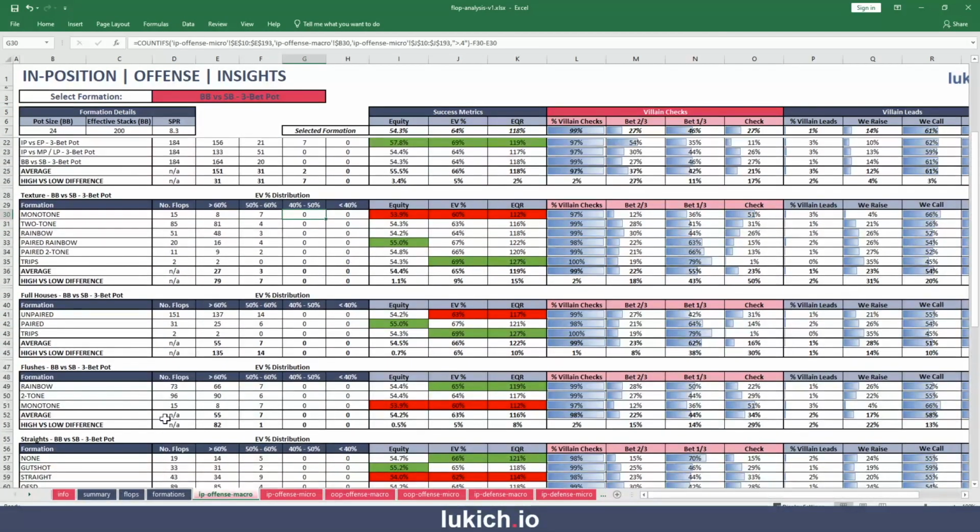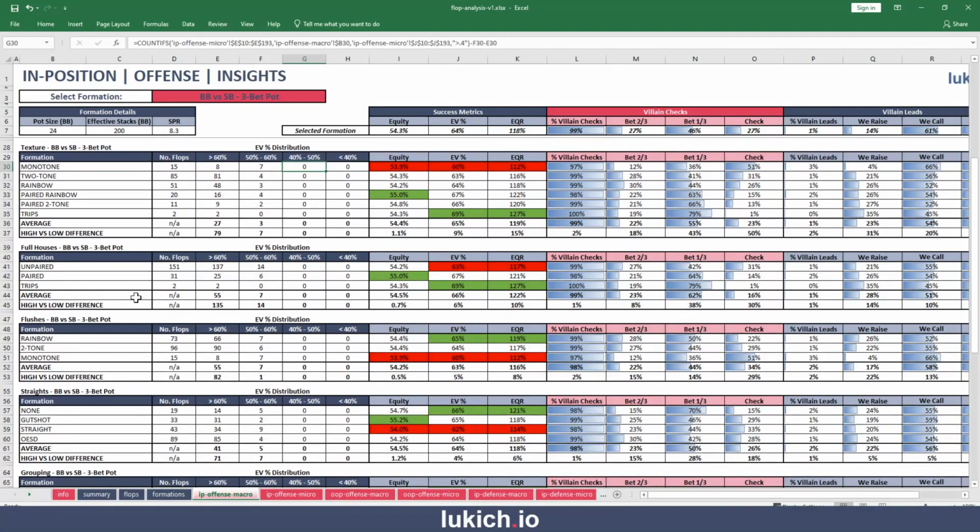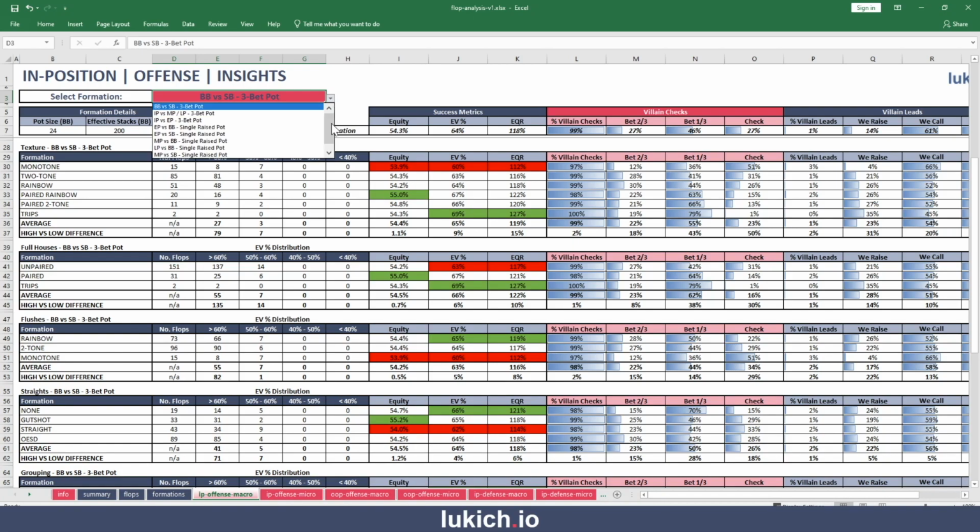Now the way to look at this, and this is where I think the value comes into play, is I have this drop down here. When I open this drop down, you can see these are all of the different formations that sit within our in position offense. I have one selected right now, big blind versus small blind. I'm actually going to use early position versus small blind as an example, because that was the top row. So when I select early position versus small blind,